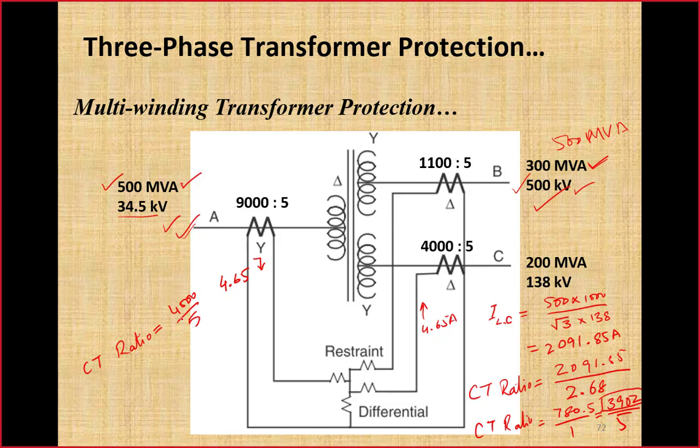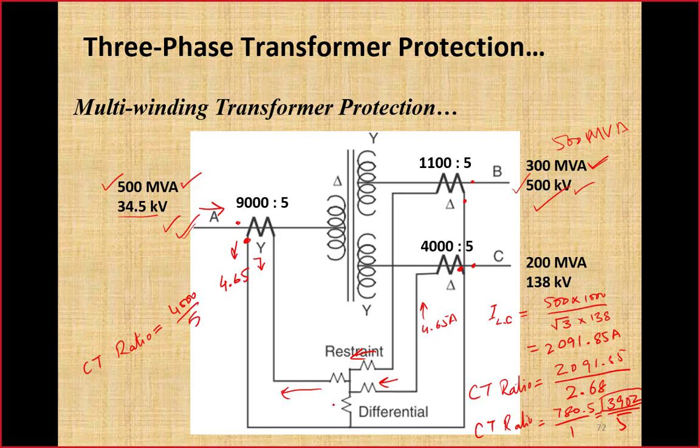Once all the CT ratios has been selected, next part of this question will be calculate the difference current. So difference current is a current which will flow towards this branch. If I assign the polarity marking to these CTs, here dotted ends are away from the transformer on both sides. So if this is the primary winding, current here is into the dotted, so it will be away from the dotted end here. So this retaining coil will carry current in this direction. The other retaining coil current will come from other direction here in this manner, and the difference current will flow through the differential branch.